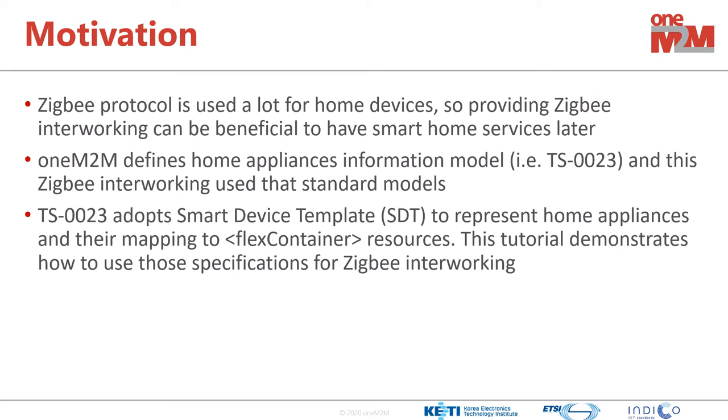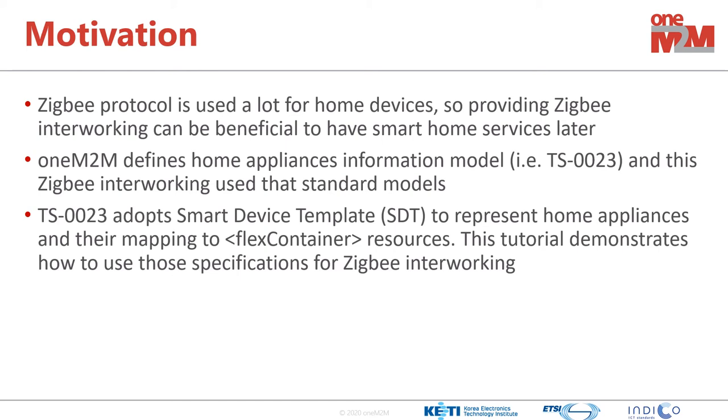And the other thing is the TS0023 Home Appliances Information Model as the oneM2M standard. With the Zigbee interworking, we can use the data models from TS23. The latest version of TS23 is based on the SDT, which is Smart Device Template in the oneM2M specification. So we can show how we use that template or the concept with the home appliances data model with